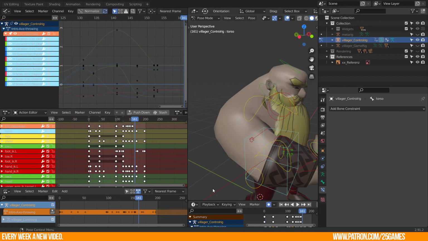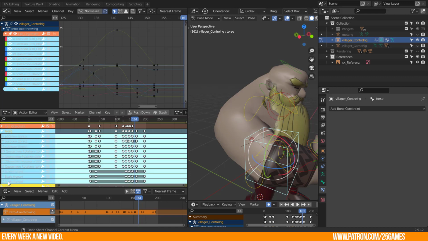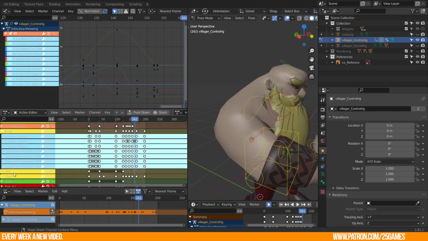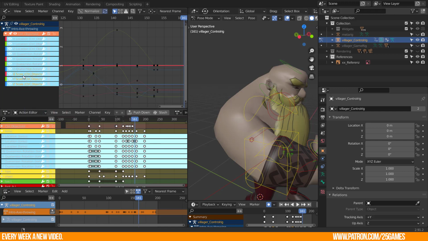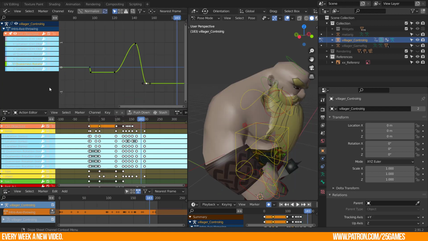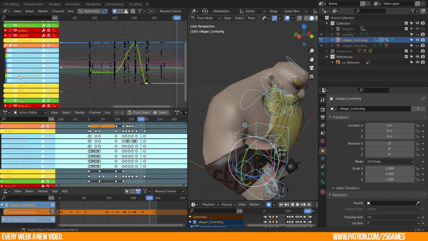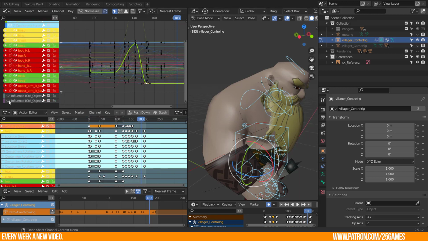In my opinion, the action editor is for polishing your animation at the end of your work process. You can delete unused channels, for example the scale channels, but you can do the same in the Graph Editor. They show pretty much the same content, but visualized differently. Working in the action editor or the graph editor gives you the opportunity to show and hide specific channels. I'm not 100% sure about this, but I think you need to unhide all hidden channels before you export an FBX. The hidden channel data wasn't exported, but I don't have proof for this yet.